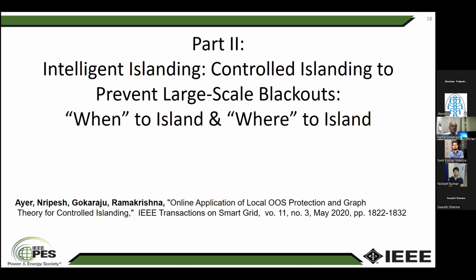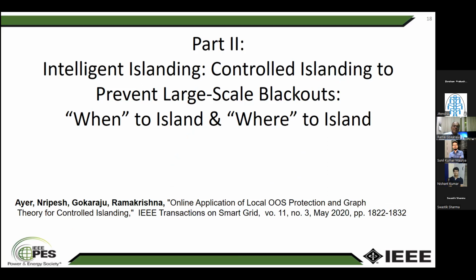So the first part was on the transient stability prediction using the WAMS-based scheme. Now, this second piece of investigation that we did was with one of my graduate students, who now works for PowerTech Labs in BC Hydro, Nipesh here. So here what we are looking at,